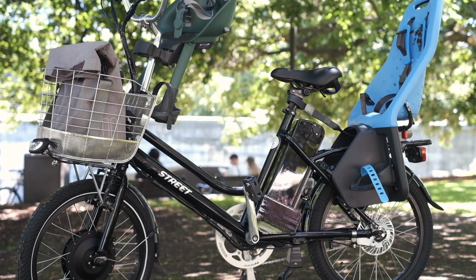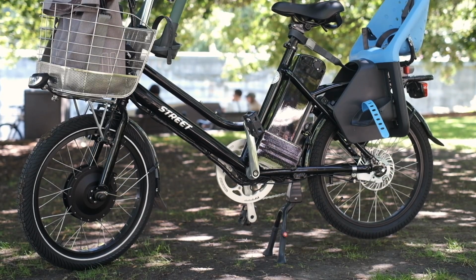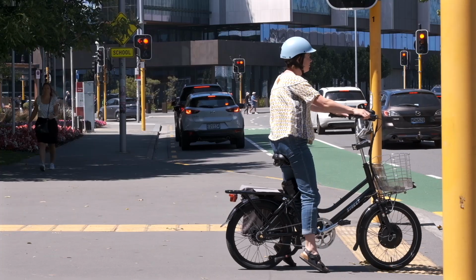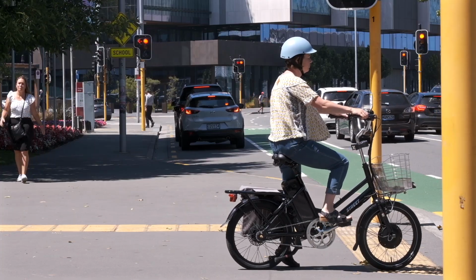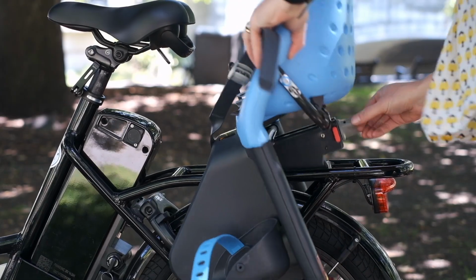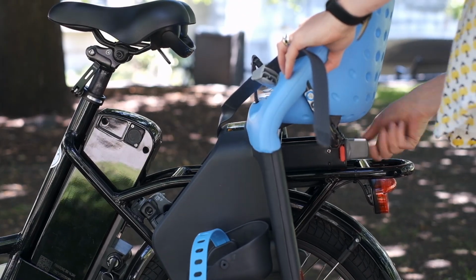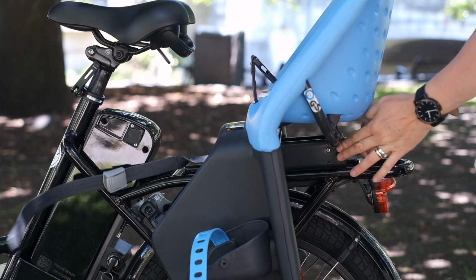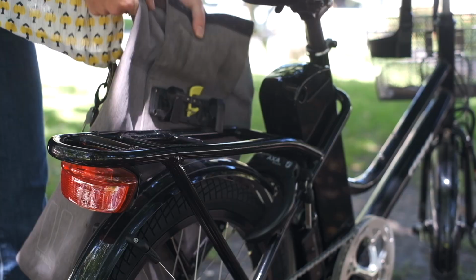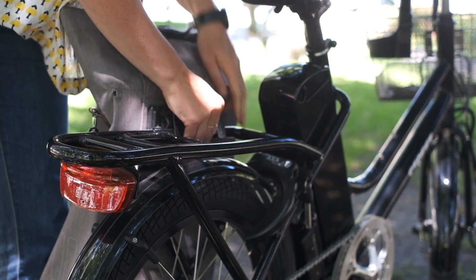The 20-inch wheel and low-step frame provides a low centre of gravity, giving the bike great stability. It's easy to mount and dismount, or put your feet on the ground when pulling up at the lights. The built-in rear rack gives the bike greater carrying capacity over a standard e-bike. The eZee Fit window opens the opportunity to use compatible accessories like child seats or baskets for your groceries or